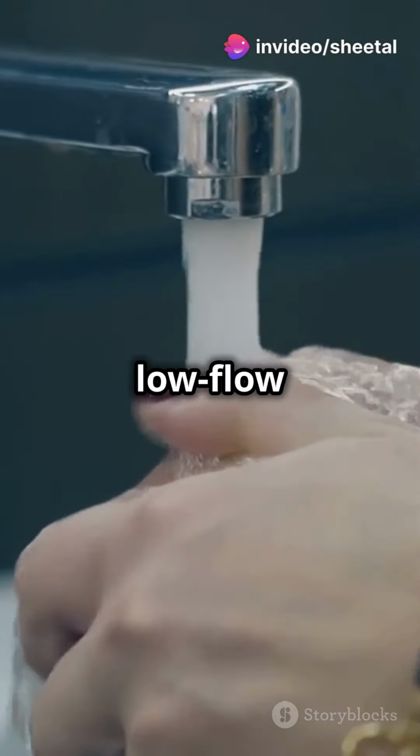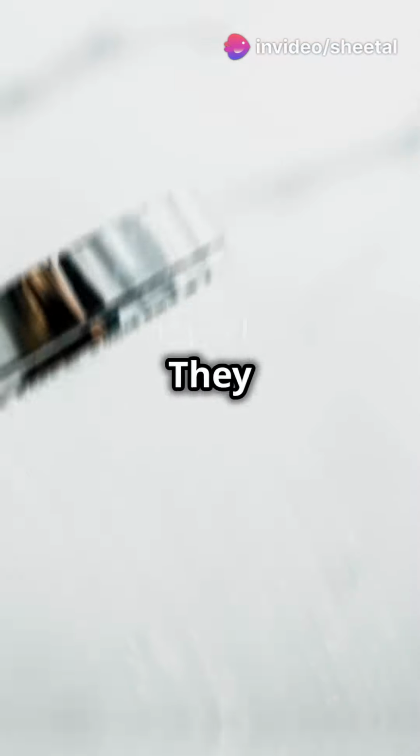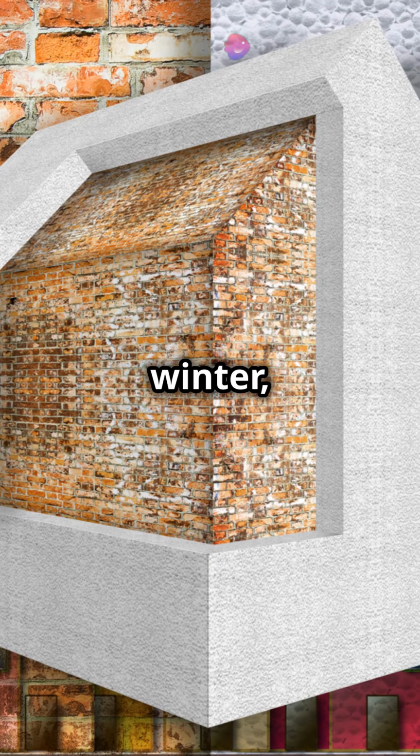Also, look into low-flow fixtures for your bathroom. They save water without sacrificing pressure. And don't forget insulation. Proper insulation keeps your home cool in the summer and warm in the winter, reducing energy